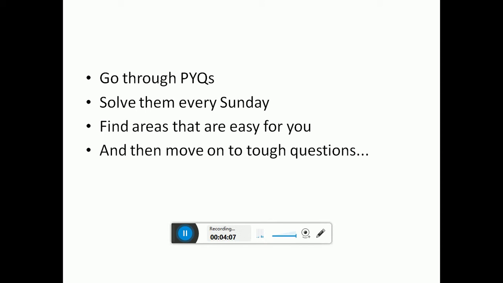And I know the GS syllabus is so vast and the scope of prelims is so wide, much wider than mains, that you don't get time. So it's very much recommended that you solve at least one previous year question paper or one sample CSAT question paper from whatever test series you've joined every Sunday, right? And in every paper, your target should be to first find areas that are easy for you to solve, areas that are your strength. For example, if you're good with English, you're good with verbal ability, then first shoot for the passages. If you're very good in maths, then solve all the maths questions that you can. If you're good with logical reasoning, solve LR.